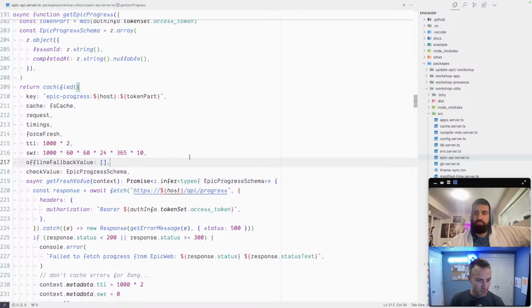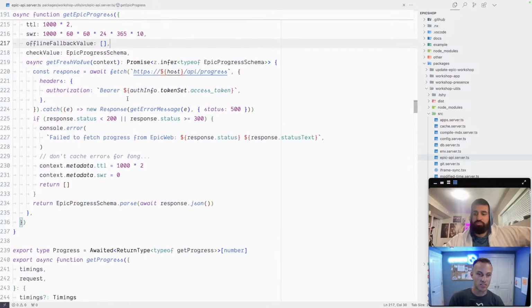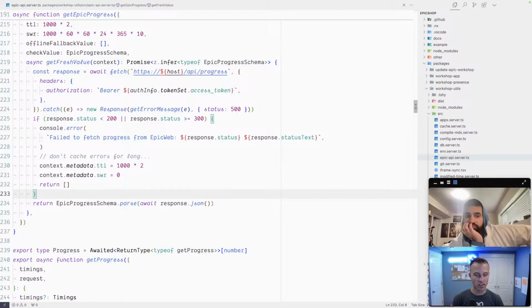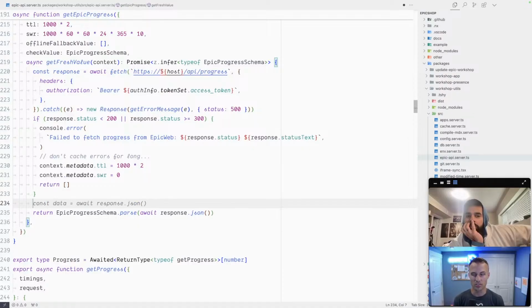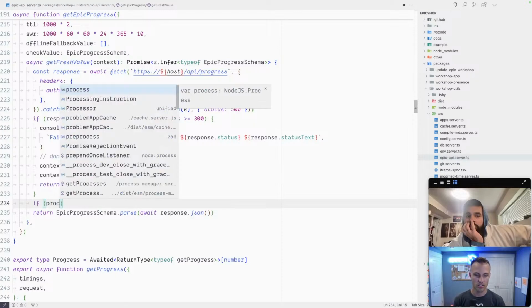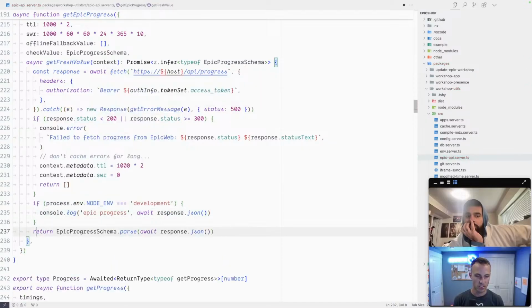That said, it actually wouldn't be super difficult to just skip the parsing. Maybe this feels a little bit imposing on your code, but I would only do this for things where it's pretty obviously a performance problem. So I'd say if process env is development, then we'll parse it.